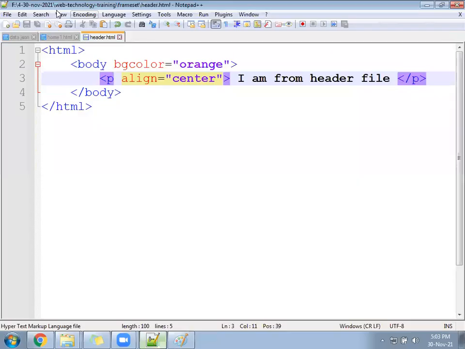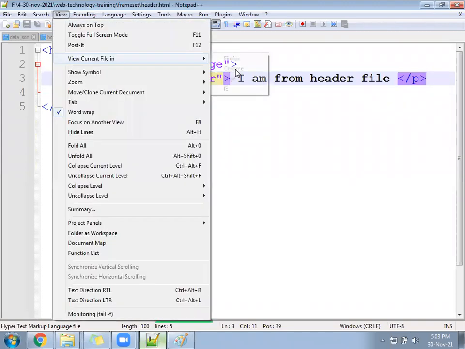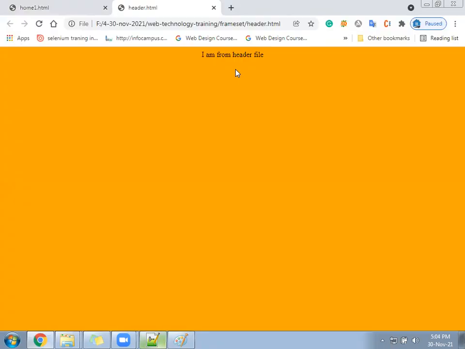Something like this. Your header file is working here, or you can run the header separately also. You can run the header separately and see what the header prints: orange color background and the text in white color, black color.